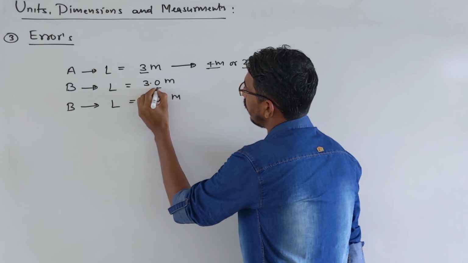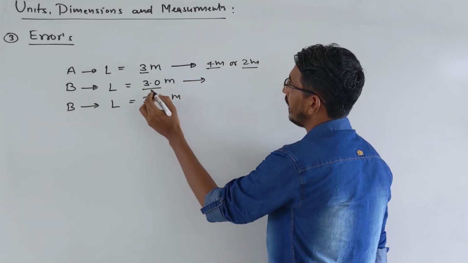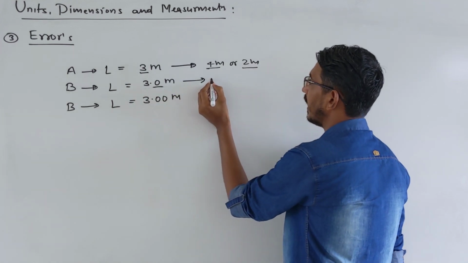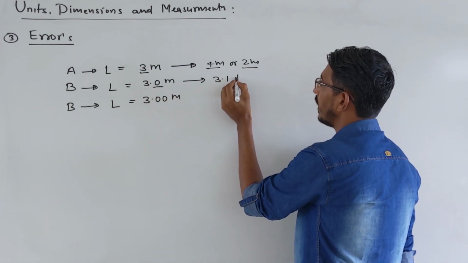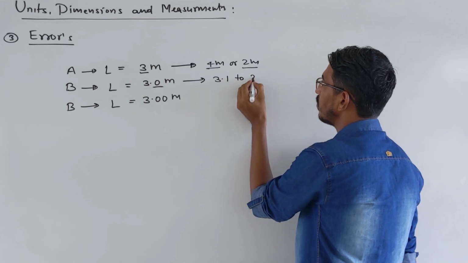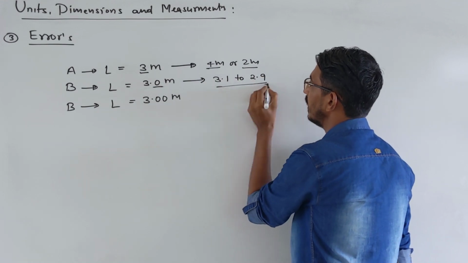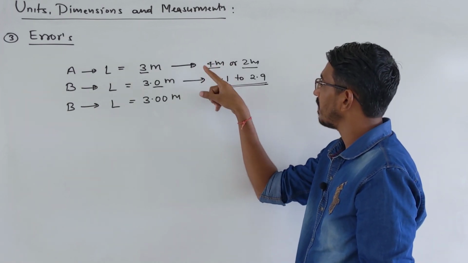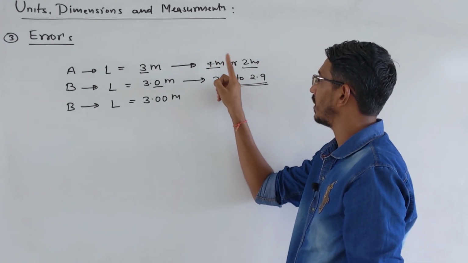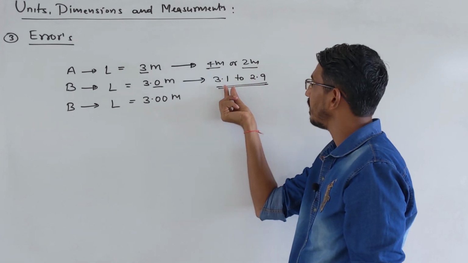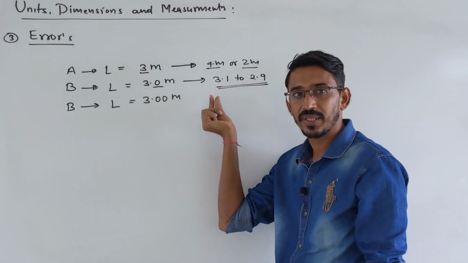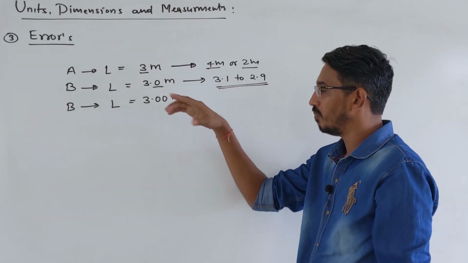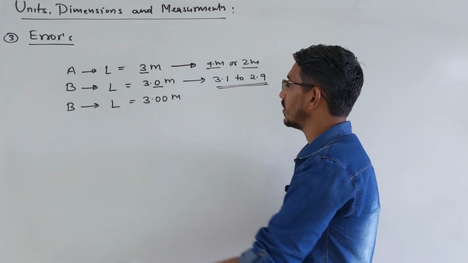Okay. Now look at this student. He is writing 3.0. What error can he make? He can make an error only in this digit, right? Here only. He can write the answer as 3.1, or he can write 1 less, which is 2.9. So his instrument is more precise than that one, which makes an error of directly 1 meter more or 1 meter less. This student makes an error of 0.1 meter more or 0.1 meter less. So his instrument is more precise, right?